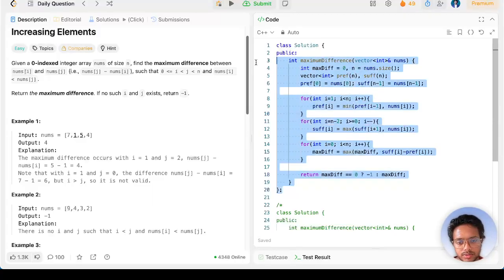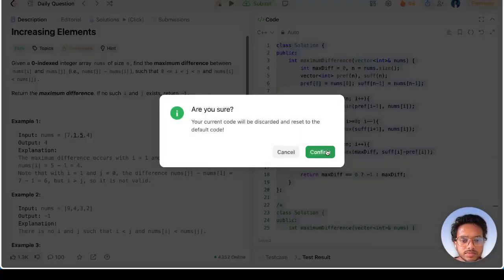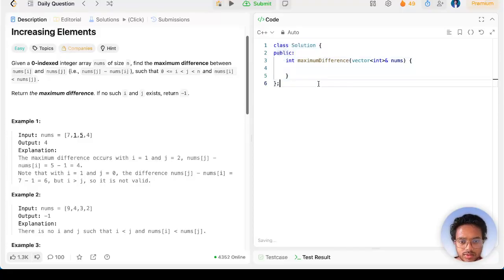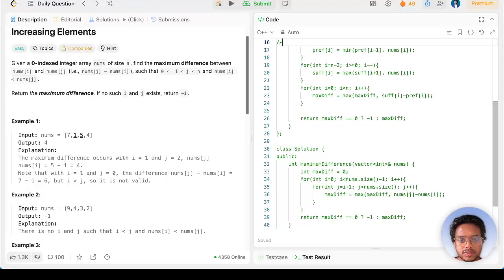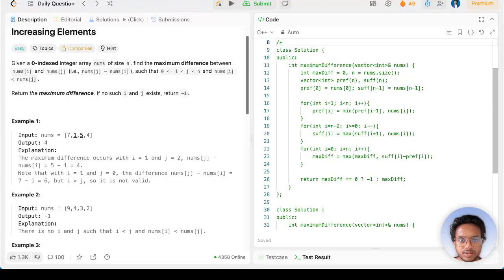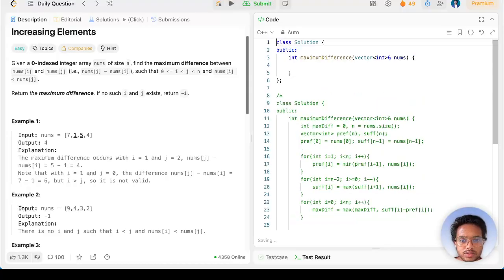Here, what I'll do, I copy and just paste it here. If I explain it a little bit,